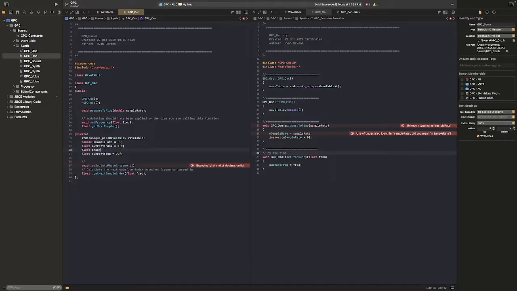float phase increment equals 0.f also. Let's just do both. This is going to change things a little bit, but whatever. Yeah, this one right here. Oh, that's why. Double. And then we go ahead and we